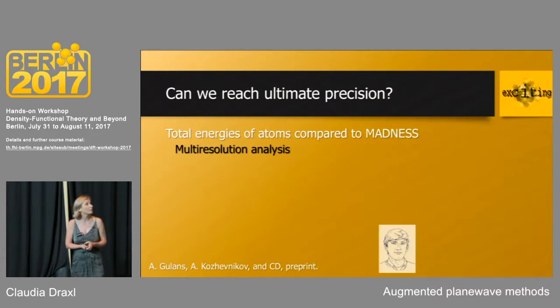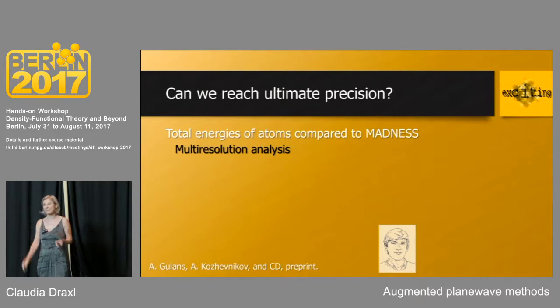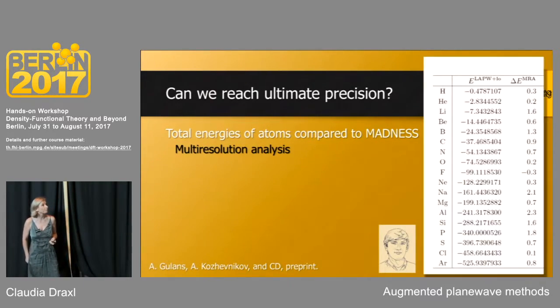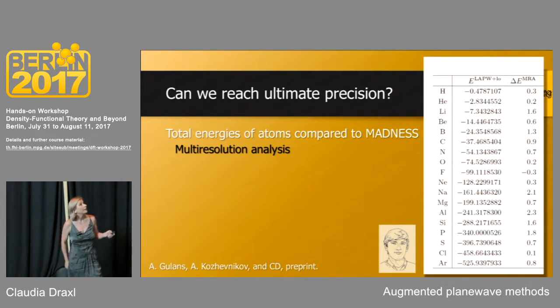But just to cut it short, MADNESS is a code that uses multi-resolution analysis. And that's why it can solve the Kohn-Sham problem to any precision you like. You can refine this methodology more and more, and then you can get basically the exact answer to the problem. Now, what we have here is our LAPW, APW plus LO solutions, total energies for these atoms,